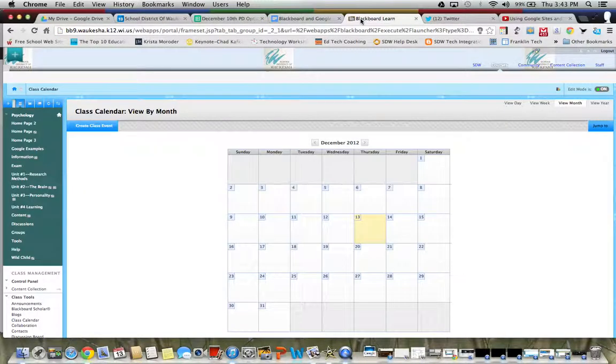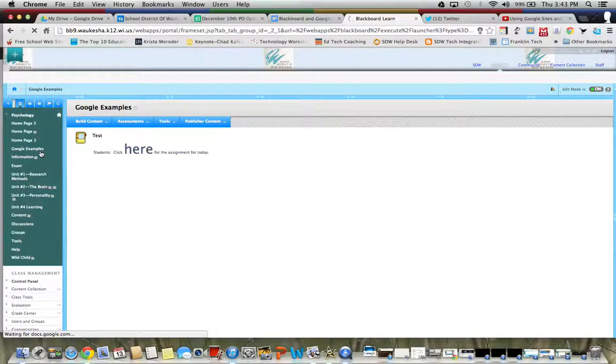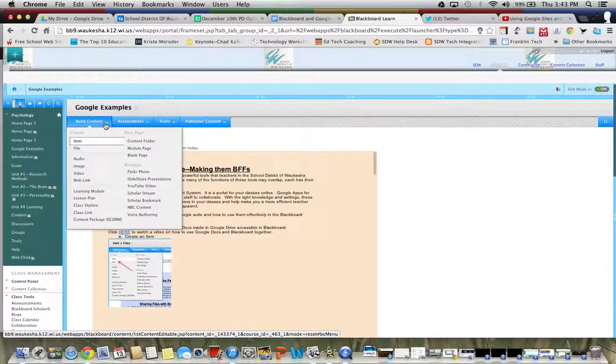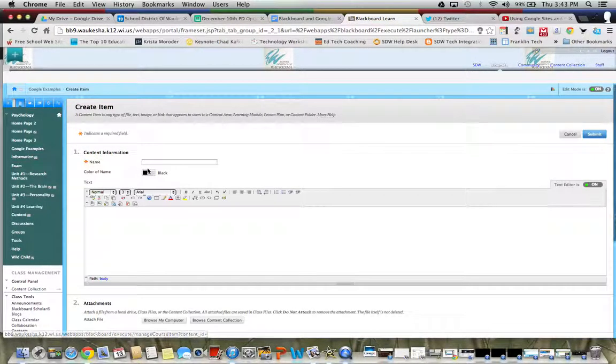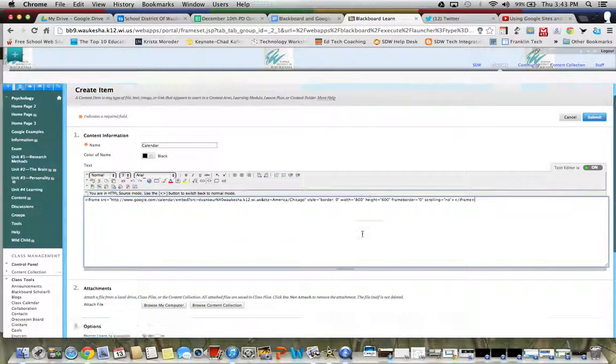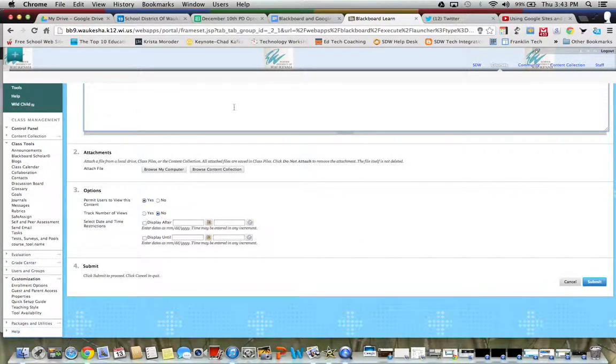Let's go to Blackboard. And look, this is going to be much like the other examples that we have done in our little series of Blackboard. We're going to build content, and when we hover over this, we're going to create an item. Again, in that item, we put a name, calendar, and we're going to look for this HTML code toggle, and we're going to click on that. We're going to get rid of this stuff. Why? As I always do. We're going to paste. Again, you still have these options down here. If you've watched any of the videos that I've made before, you'll see that these options are still available. You click submit,